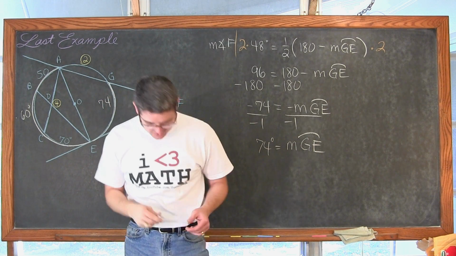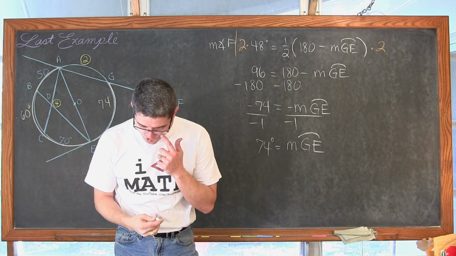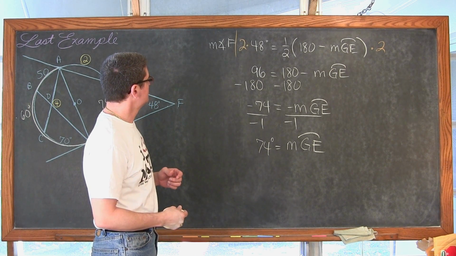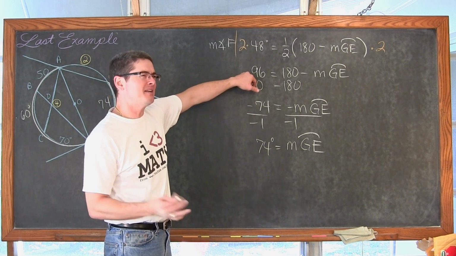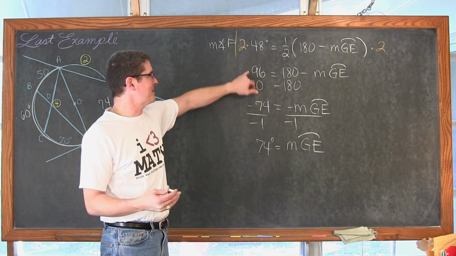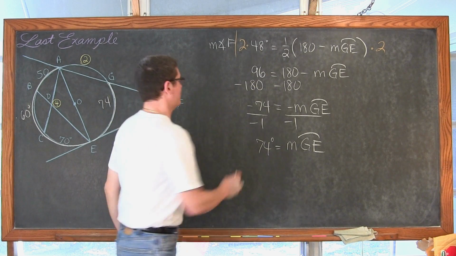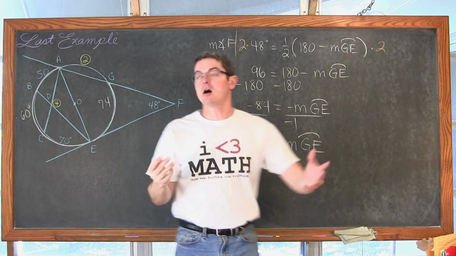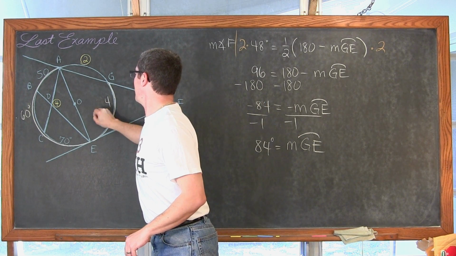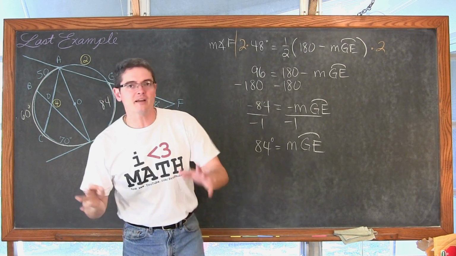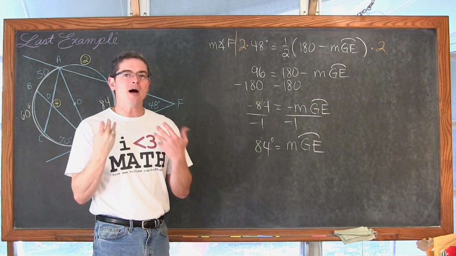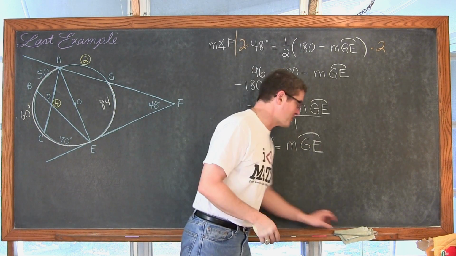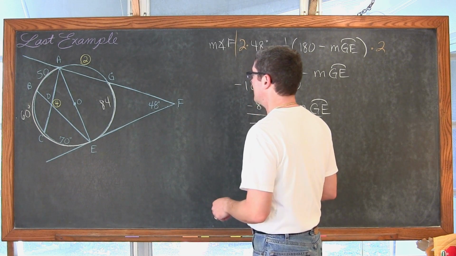Okay, let me just make sure that that is what I got in my notes as well. 180 minus 90, what was that again? I said that was 80, but 180 minus 90 is 90. Minus 4 is 84. Some of you are probably already commenting, hey, you can't subtract, it's supposed to be 84, not 74. I caught it. That's why it's always good. I'm talking and trying to do math at the same time, and that doesn't always work. Make sure that when you're doing your homework, you're staying focused on it as well.